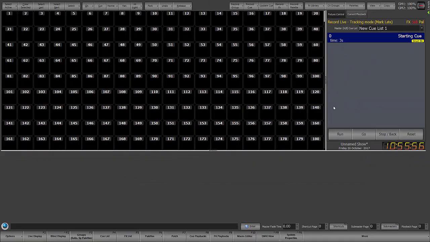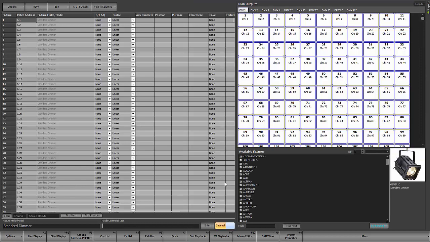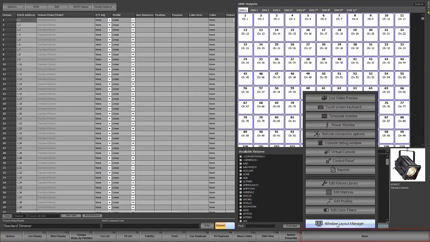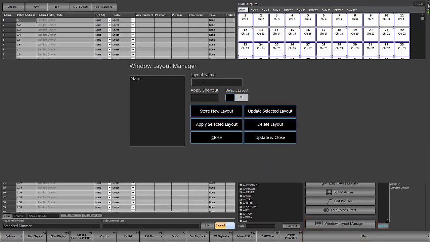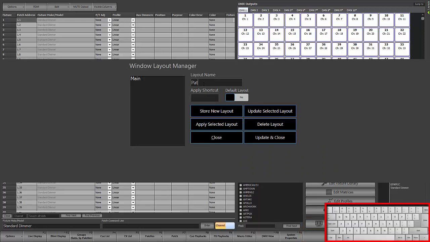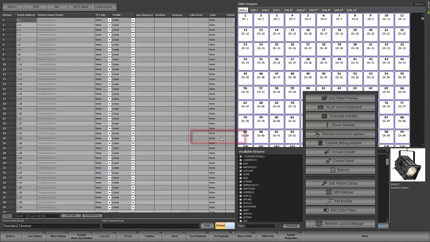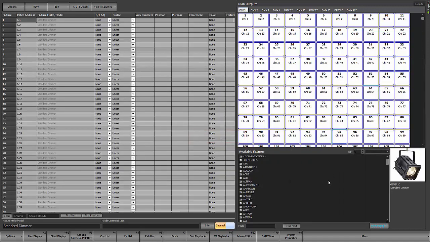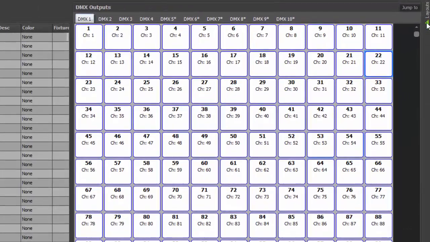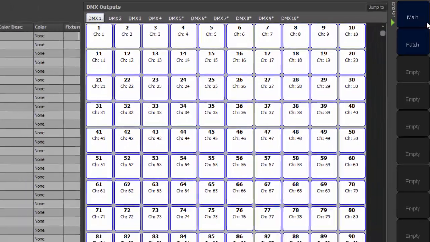So I'm going to close this and now I'm going to open up my patch display, and we'll go in and I'll label this patch, and close that. Alright, what I want to show you is on the right side of your main monitor, we